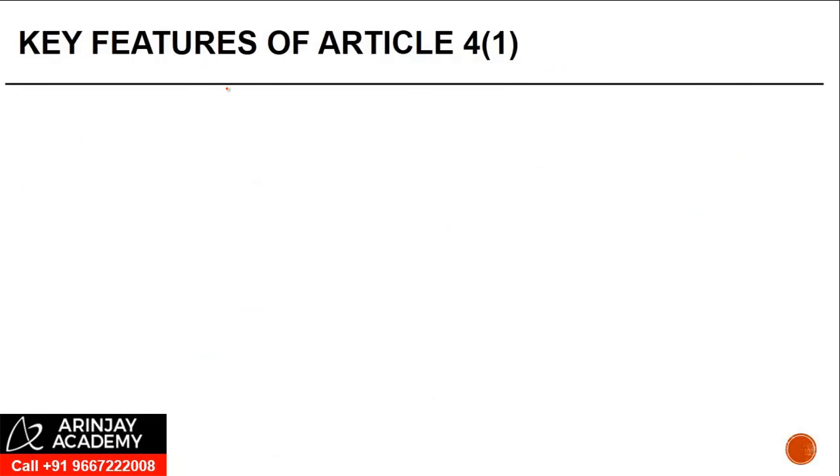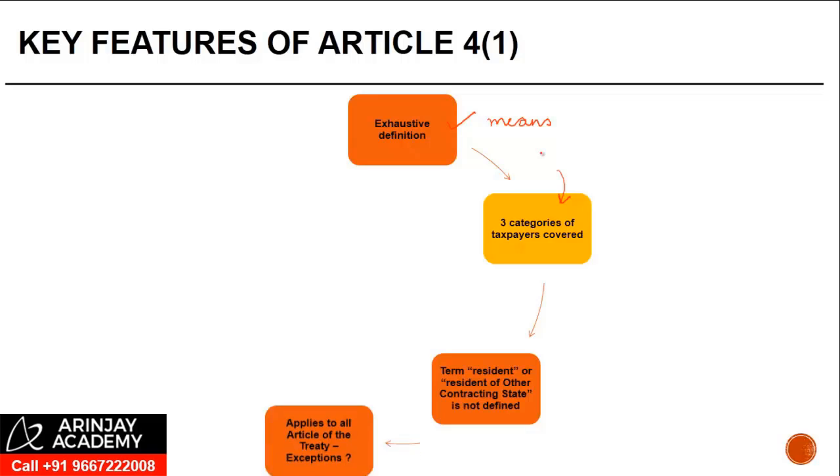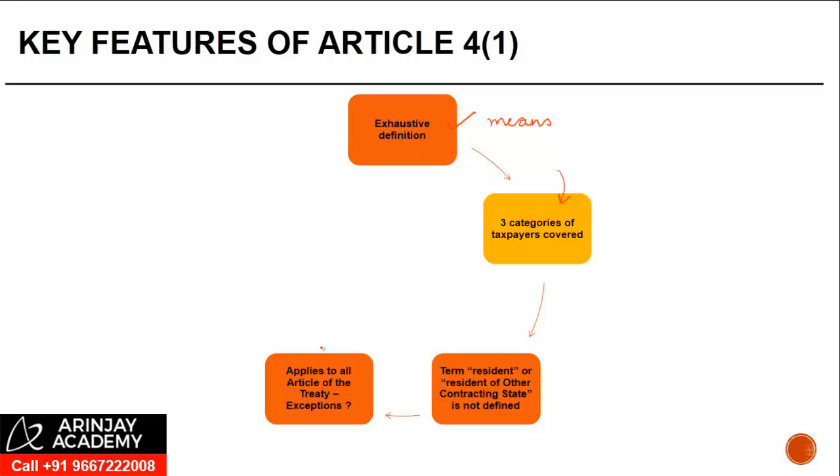So what are some of the key features of Article 4.1? It's an exhaustive definition. The use of the word means indicates that. There are three categories of taxpayer who are covered. People who are liable to tax only on specific sourced income, people who are liable to tax generally, right? And not only on the basis of residential status, but sometimes on the basis of citizenship as well. The term resident or resident of other contracting state, which we discussed earlier, is not defined in the treaty. It applies to all articles of the treaty,